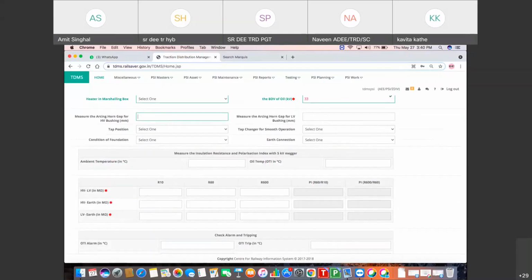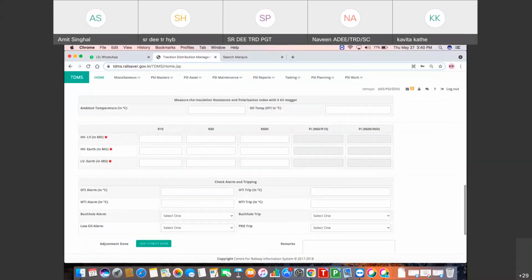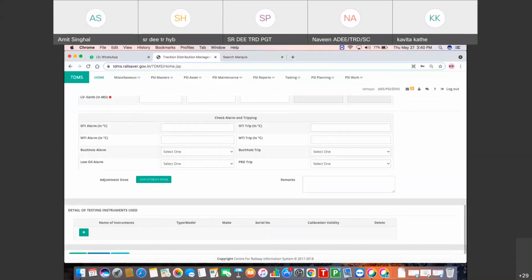Then some optional fields are available here. These fields may be filled or not by the user. And then some mandatory fields are also available. And threshold values are also being shown here. After that, check, alarm, and tripping details need to be filled by the user. Now we will see